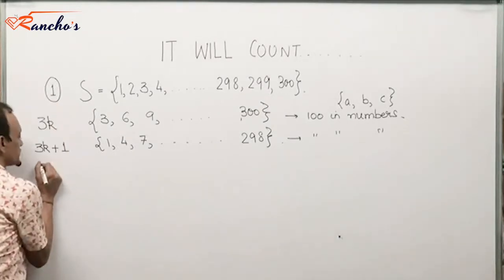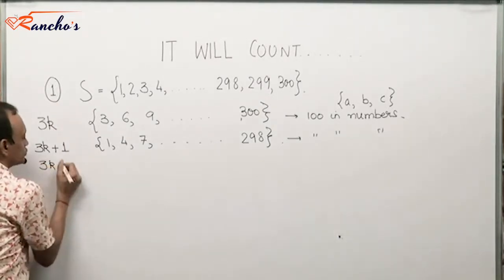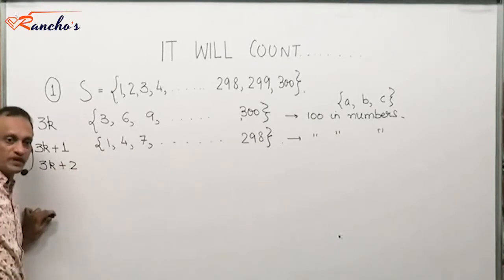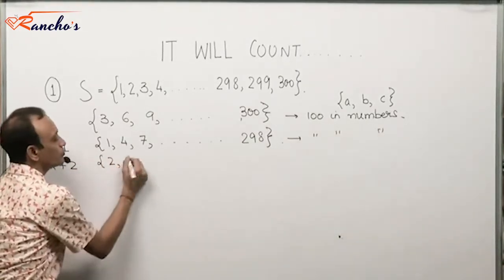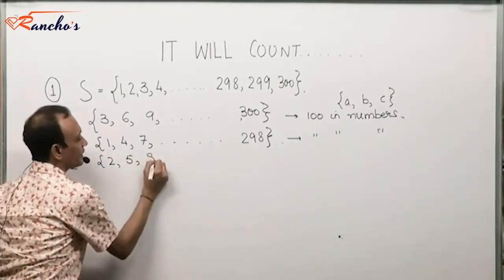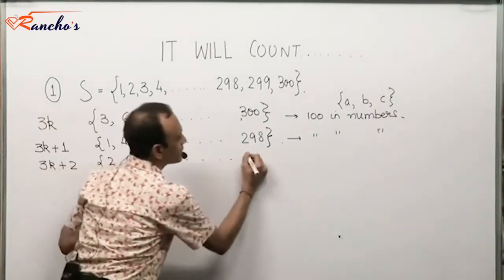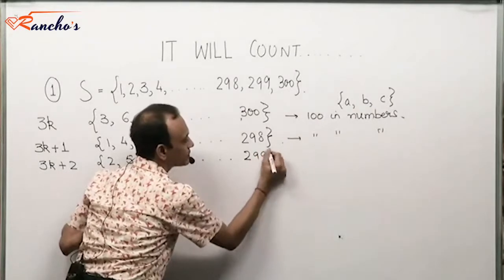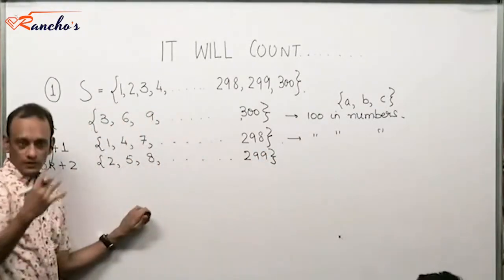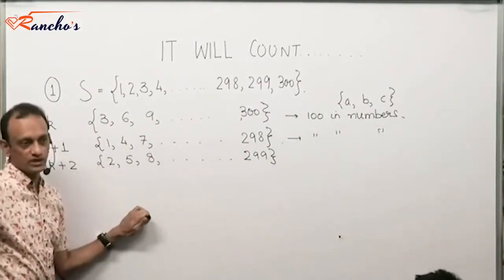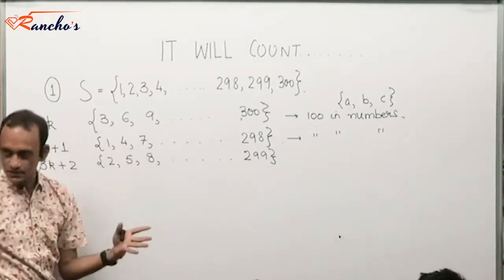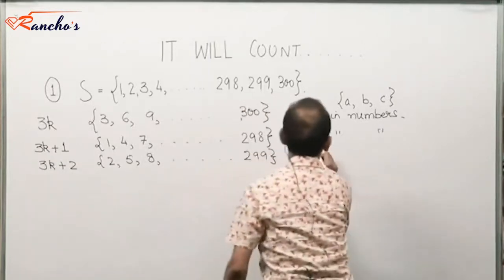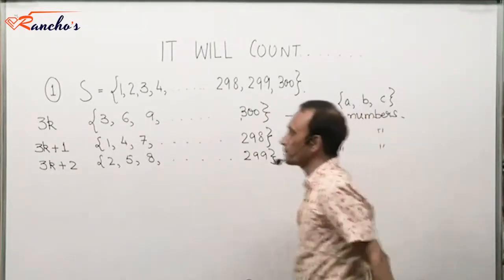And then there are numbers of the type 3k plus 2, which are really 2, 5, 8, going this way up to 299. 299 is 3 into 99 plus 2. So 3k plus 2. These are also 100 in number, right? Now,